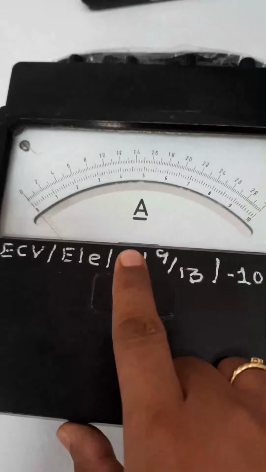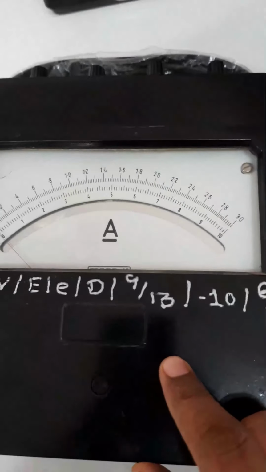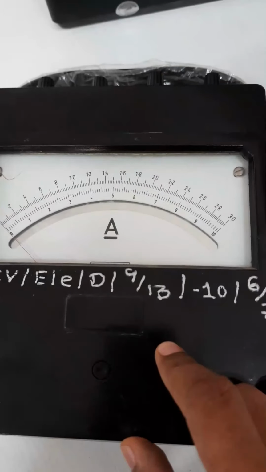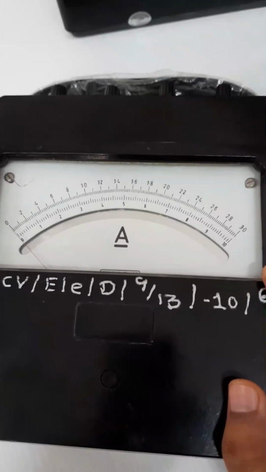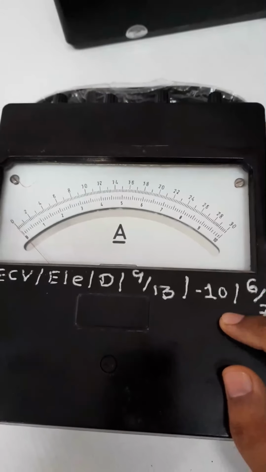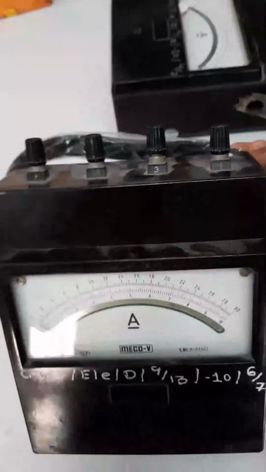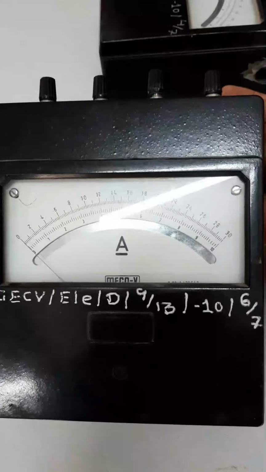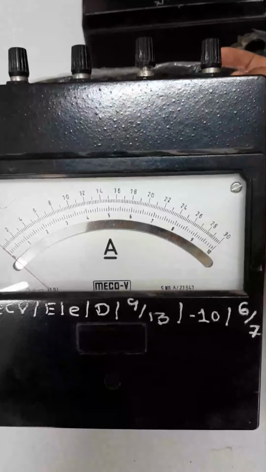Okay, so here that is a straight line, which indicates it is a DC ammeter. And also here there are two scales. One scale is from 0 to 10 and another scale is 0 to 3.0. So that is also used for 3 to 4 types of readings. Here you can also see that in the ammeter there are also 4 knobs: plus, 10, 3 and 1. So if you connect in 1, then you have to observe the scale on 0 to 10 and then divide it by 10. So you get the reading from 0 to 1.